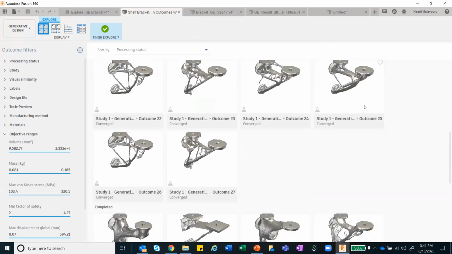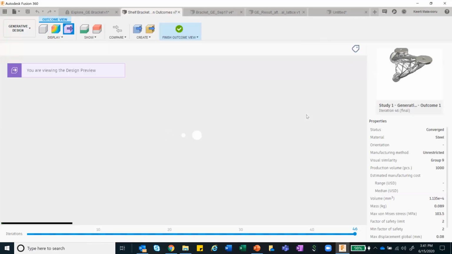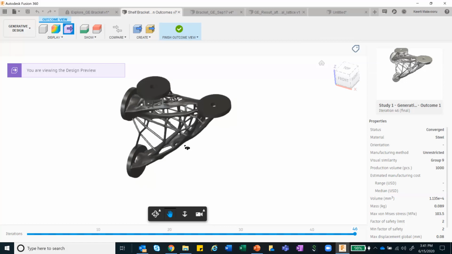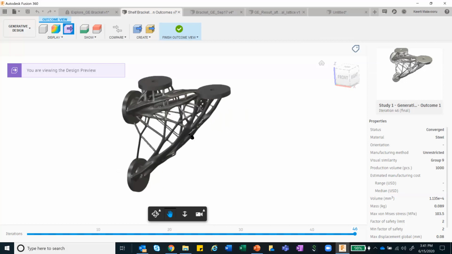So I'm not going to spend too much time on the outcome, because ultimately you are the guys who are going to select the design. But using additive manufacturing, I can go ahead and manufacture something like this in little to no time.